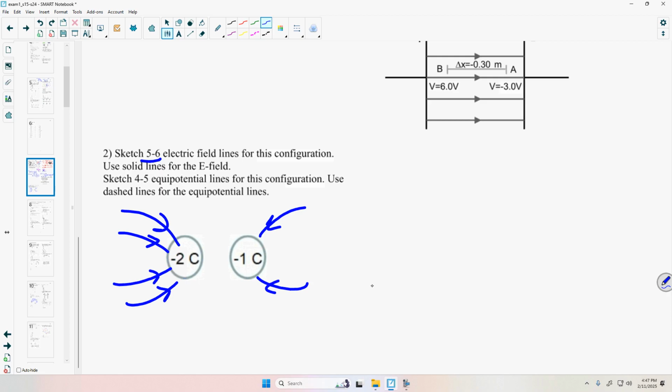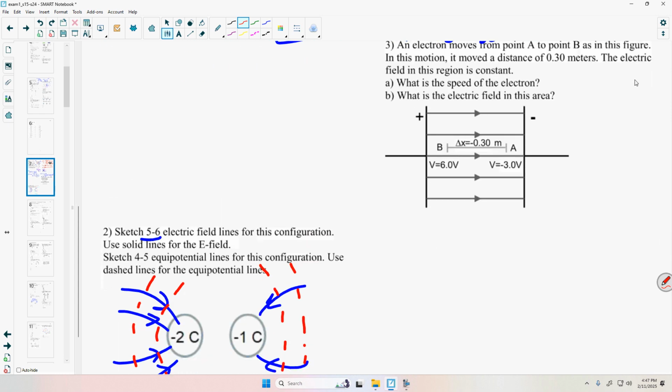And then I can draw the potential line. Just going to draw it so that it's perpendicular to those charges, or to the field lines. 4 to 5, something like that. All right? Okay, this last one, remember,